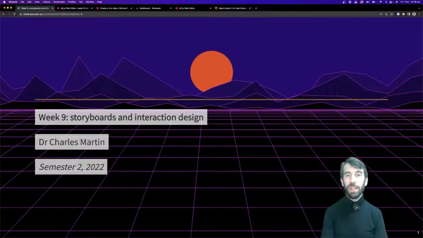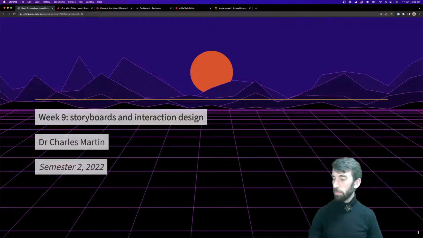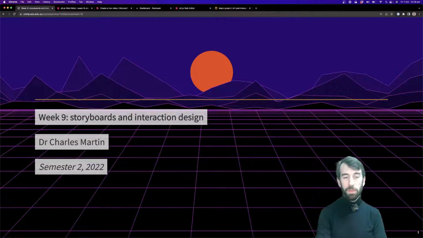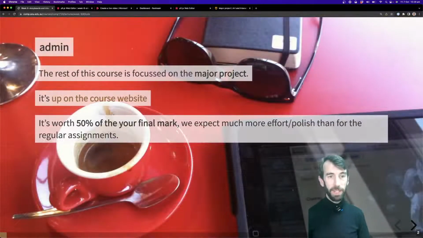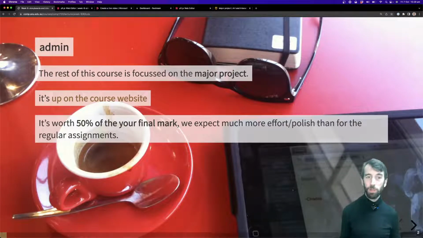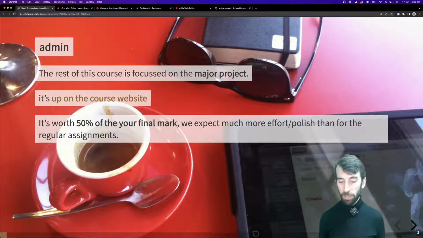Storyboards and interaction design, a few things, and this is really the start of, well, last week was the start, and this is the continuation of your package of support for doing the major project. How to do the major project. So this is the rest of this course. The rest of this course is entirely focused on the major project,